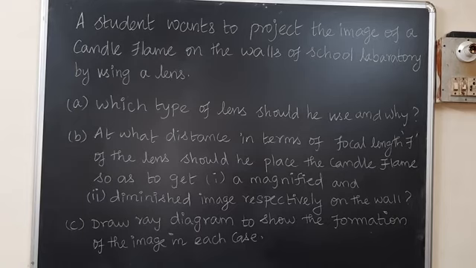We need to get one magnified image as well as a diminished image. For that, what should be the distance in terms of focal length that we should